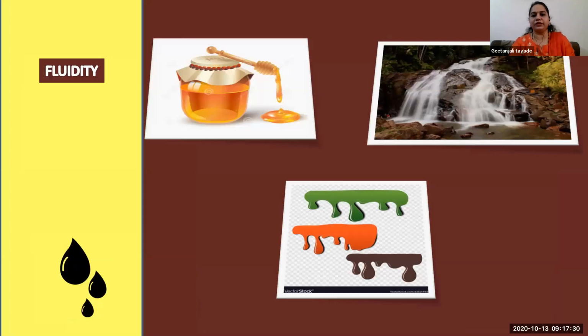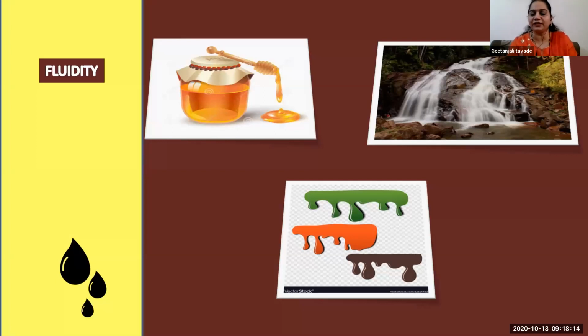Then fluidity. What is meant by fluidity? Fluidity is the characteristic of a liquid. All liquids are fluid, but fluidity depends on the viscosity of the liquid. For example, water can flow down from a slanting position very easily as compared to honey. This diagram is of honey. If you take any slanting board or vertical board and drop water and honey down that board, which will run fast?